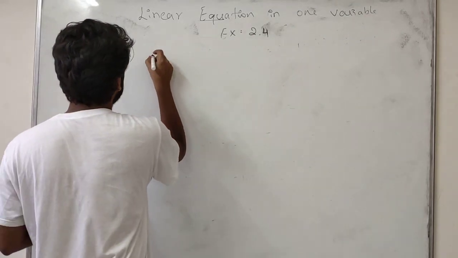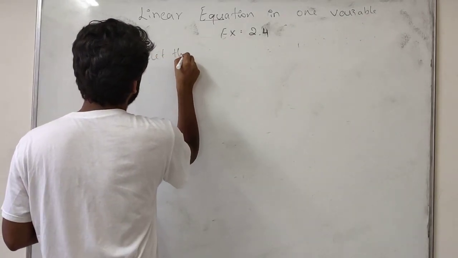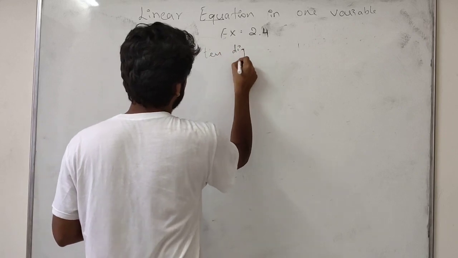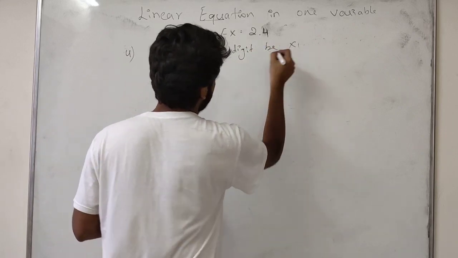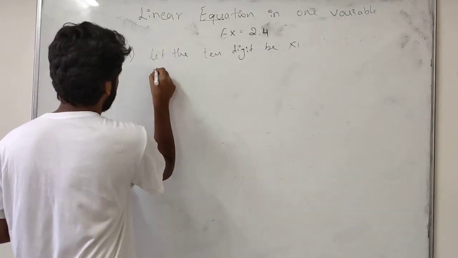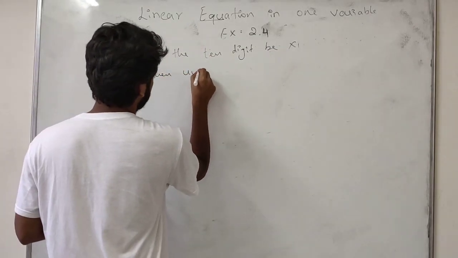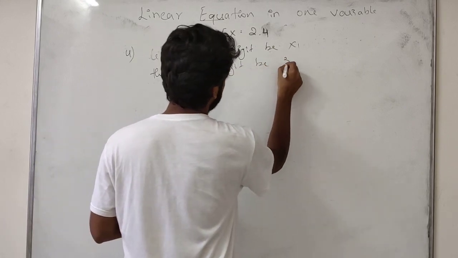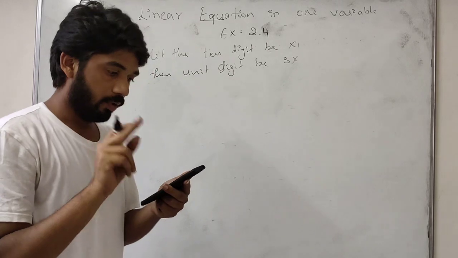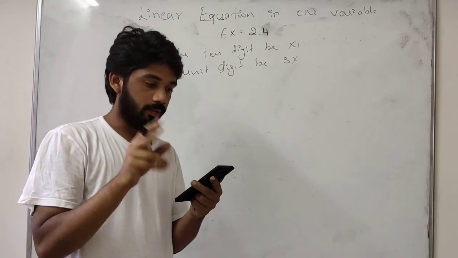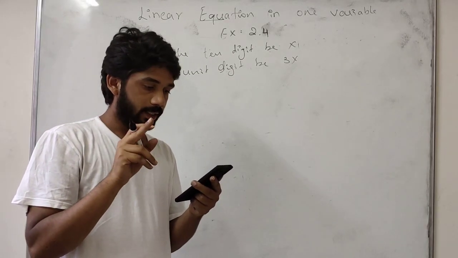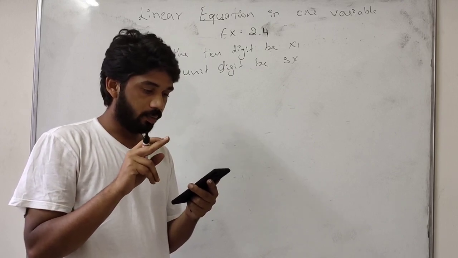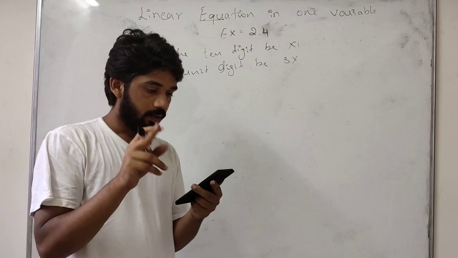So let the tens digit be x. Then the unit digit is 3x. If one of the digits of a two digit number is three times the other, and we interchange the digits of this two digit number and add the result, the original number will be written as